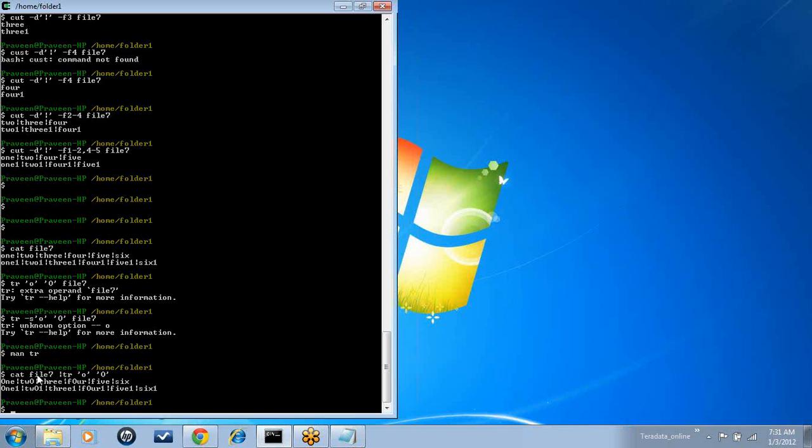So what is the output of the first command here? The cat file 7, which displays the total content of file 7. That content is given as input to the tr command to translate all small o's to capital O's. Now see, in line 1 there is a capital O, in 2 also there is a capital O, and in 4 also. Like this we have translation from small o to capital O. So this is how we use the tr command, where we give the input from a